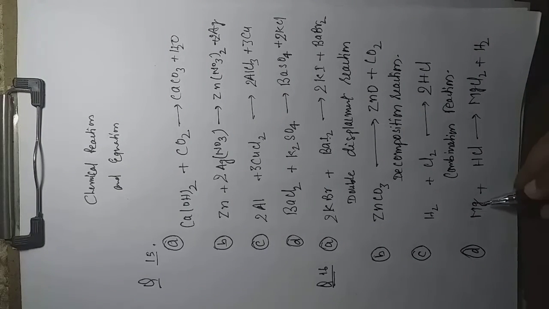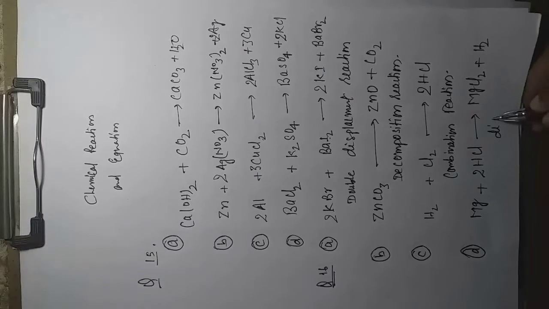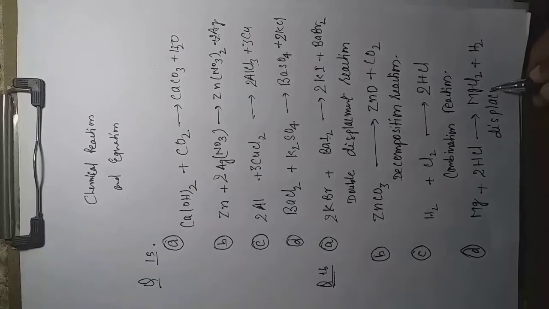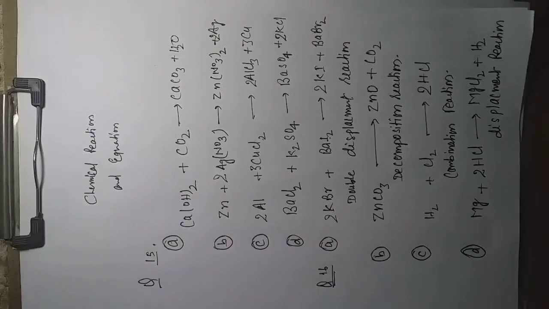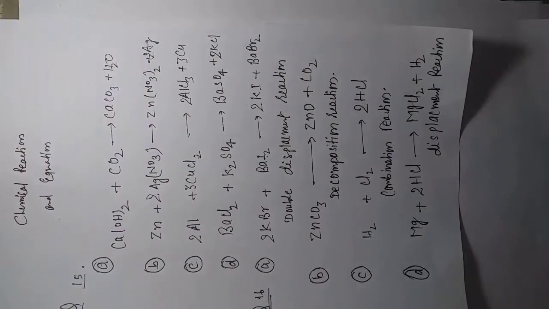So again what are we watching? Magnesium and hydrogen replace each other, right? Hydrogen is, yes, perfectly, replaced by magnesium in the position of hydrogen. First we balance the equation, 2 chlorine on the product side, so multiplying with the factor 2, and this is called a displacement reaction. You can write displacement reaction, right? Perfectly, you write like this. This is our portion of displacement reaction, beta.